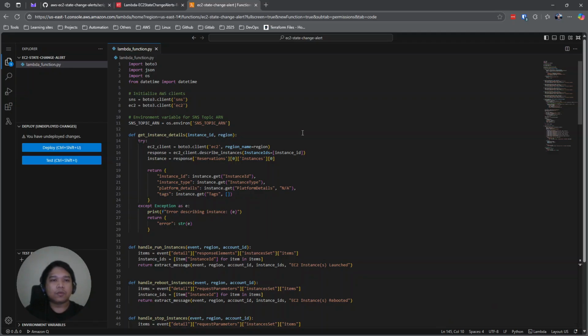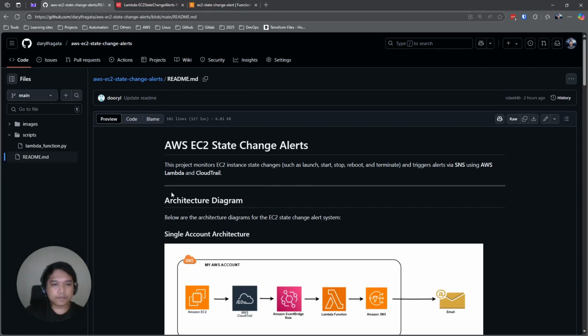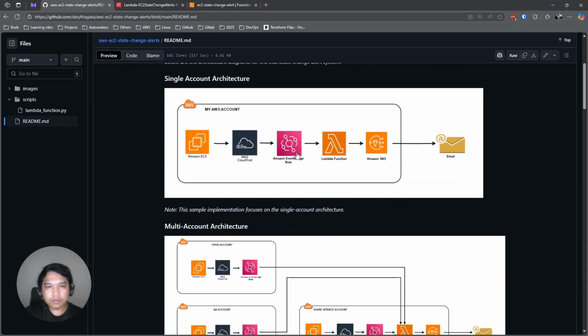Once the event rule, so let's go back to the architecture. Okay. So once the event rule triggers the Lambda function, there's data that will be sent to the Lambda function.